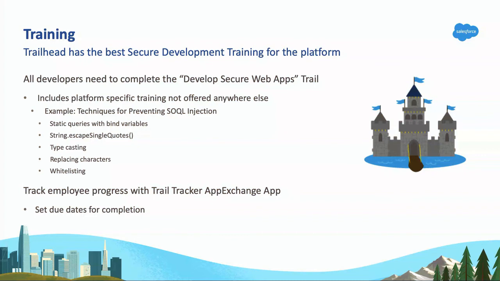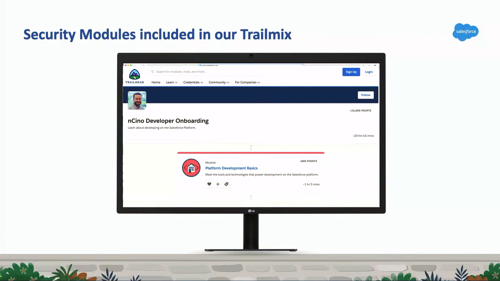So if you have deadlines, or if within six months you'd like a developer to complete these modules, you can use that to coach them and make sure they're on the right track. The other thing we did is make our own Trailmix, and if you search for it on Trailhead, you'll find it. One of our dev managers made it, so making him famous. It makes sure that developers who start at nCino have the same baseline, a general overview of what Apex is, before we start mandating software security training.